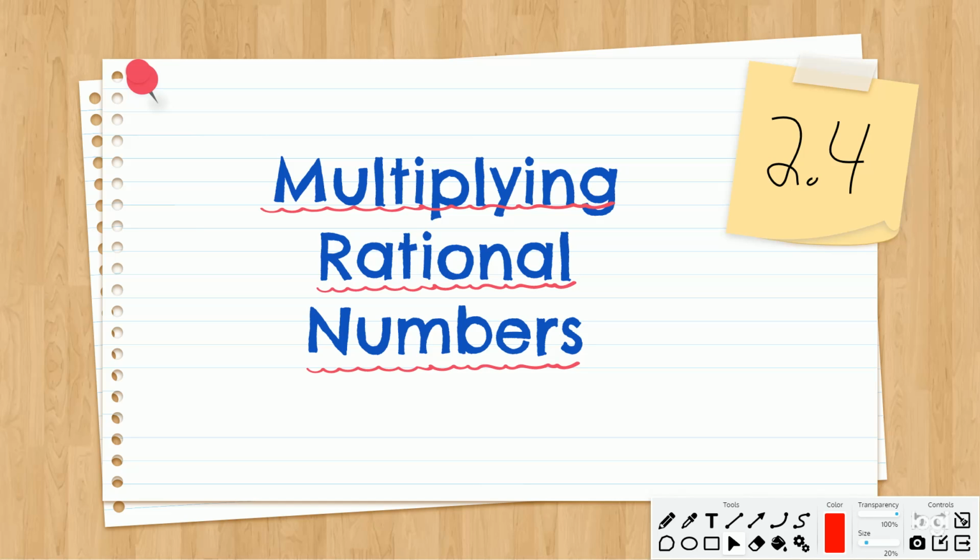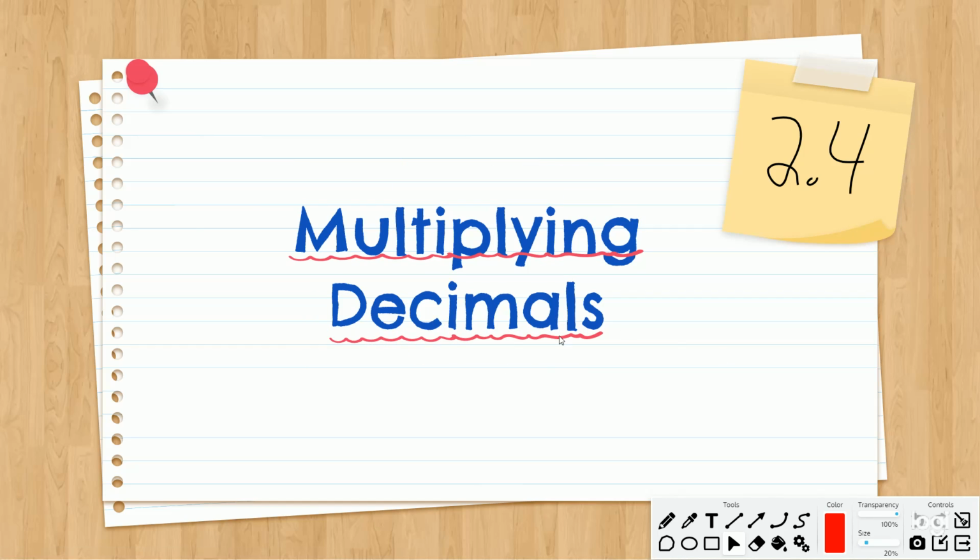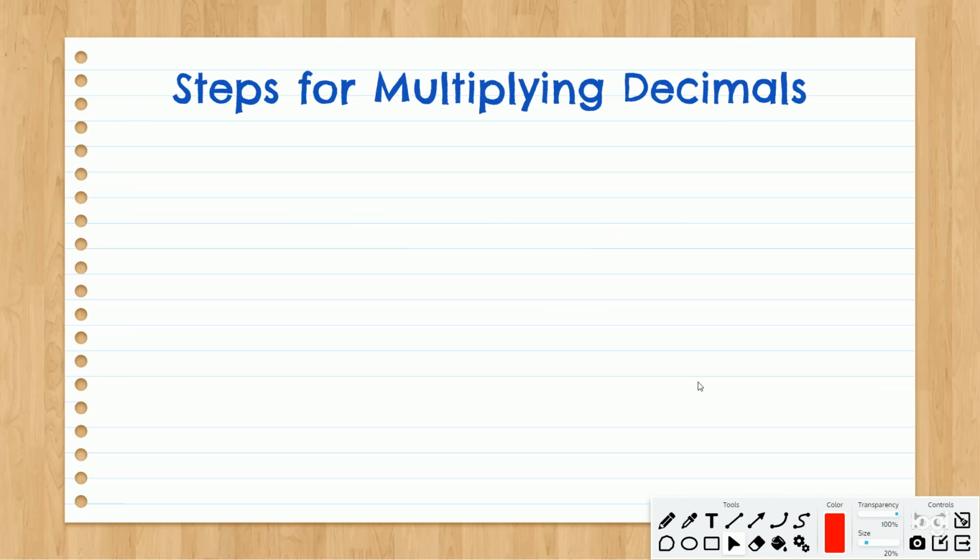Hey everyone, today's lesson is on 2.4, multiplying rational numbers. Today's lesson is going to just focus on multiplying decimals, and your next lesson will be on multiplying fractions. So let's get started. There's a few steps for multiplying decimals that I'm going to want you to write down